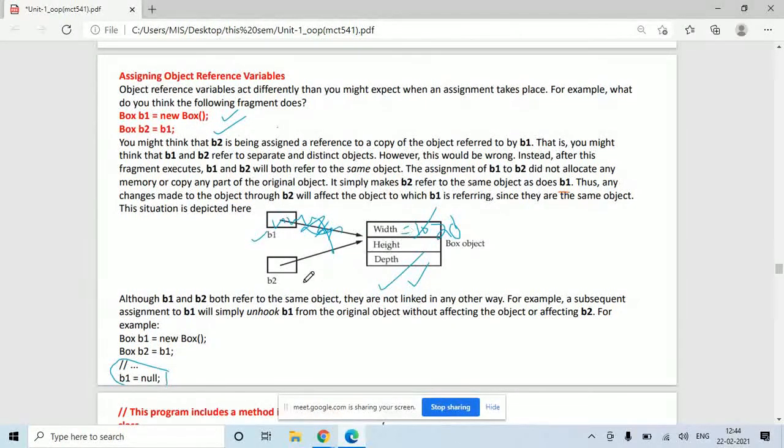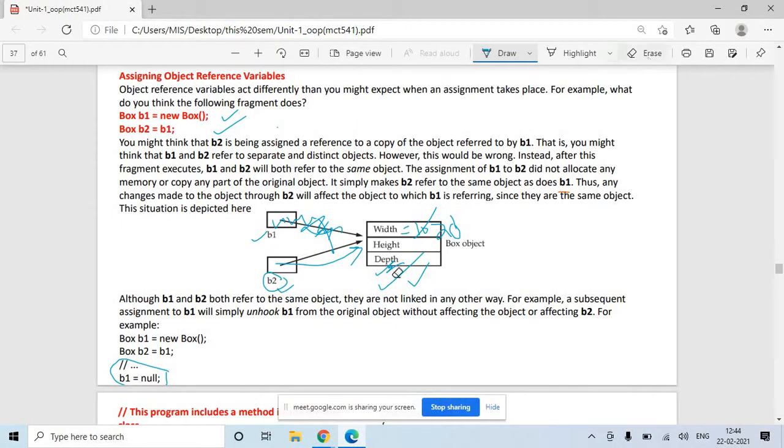But still you can refer to this particular object by name B2 because B2 का लिंक अभी भी इस ऑब्जेक्ट के ऊपर वर्क कर रहा है. This is how you can assign two different reference names to a single object.